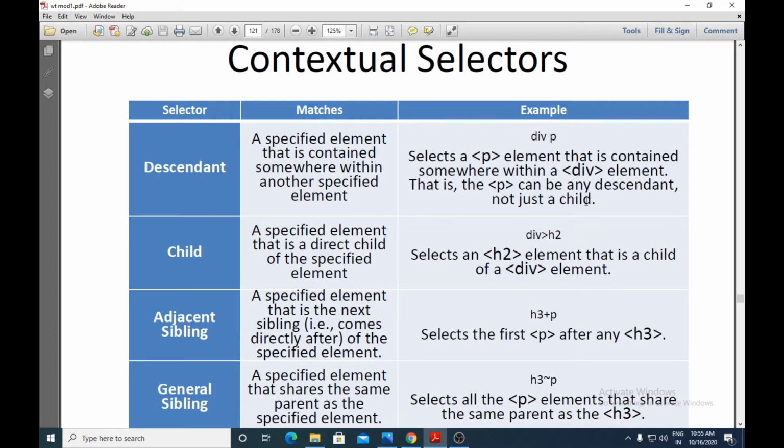It can be a grandchild, not just a child or first child of the div element. So that is how you specify a descendant contextual selector.